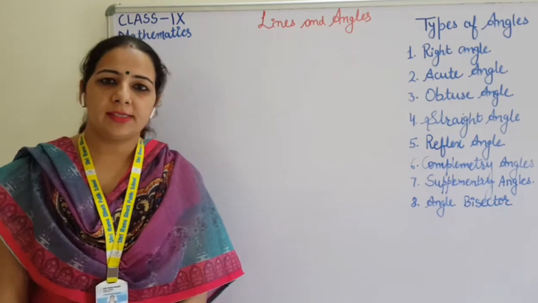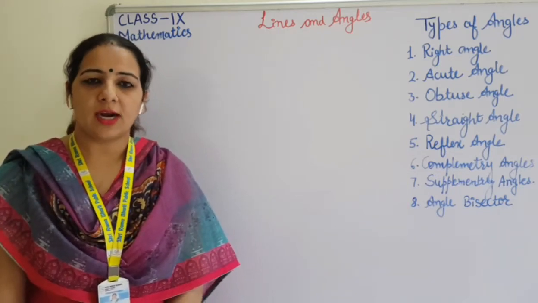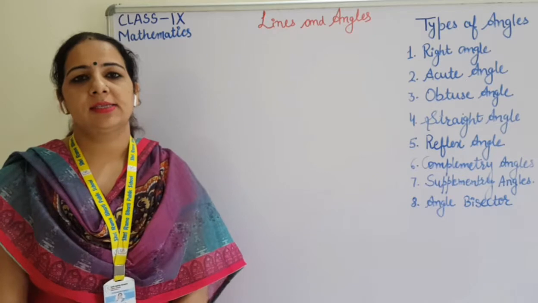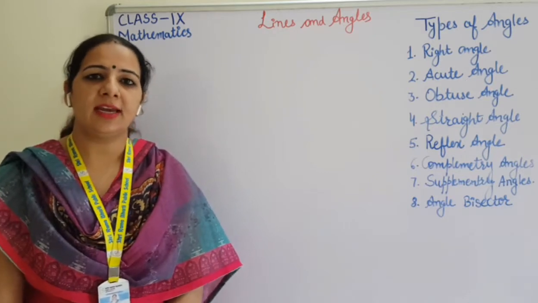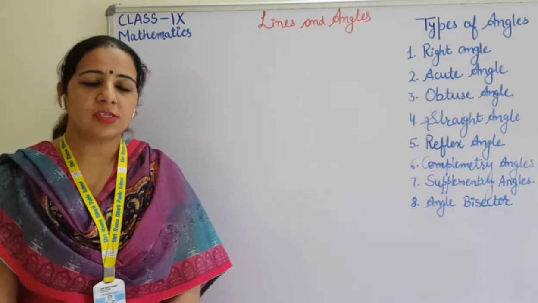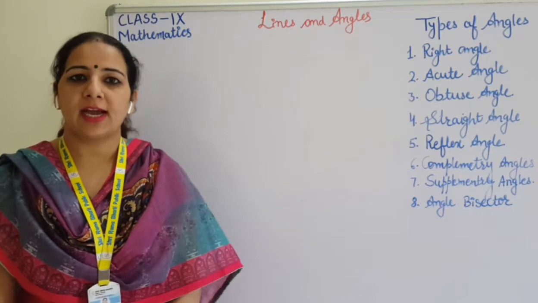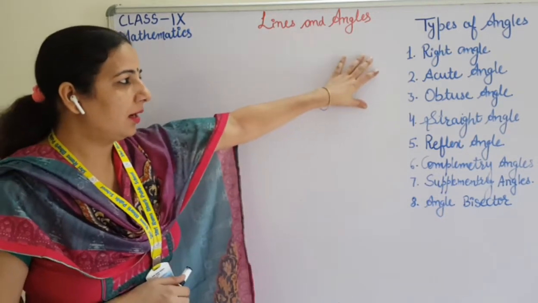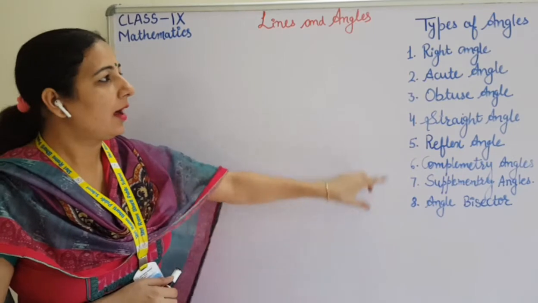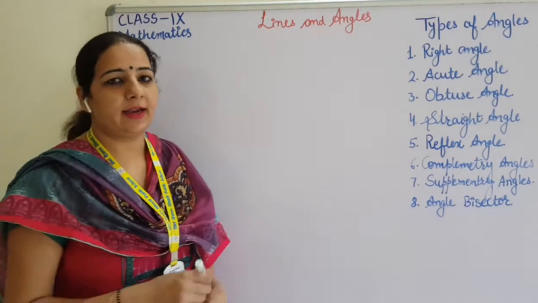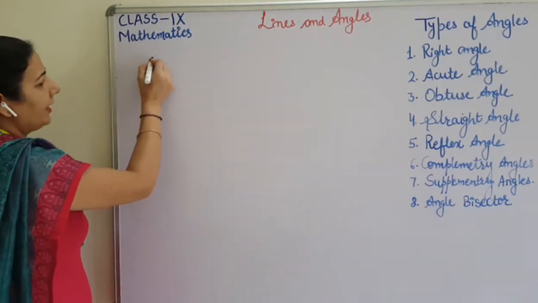Good morning students. Today we are going to start our next chapter, that is chapter number 6, lines and angles. So before starting the chapter and the exercise, I have written here some types of angles. First I have written here right angle. Now we all know that right angle means